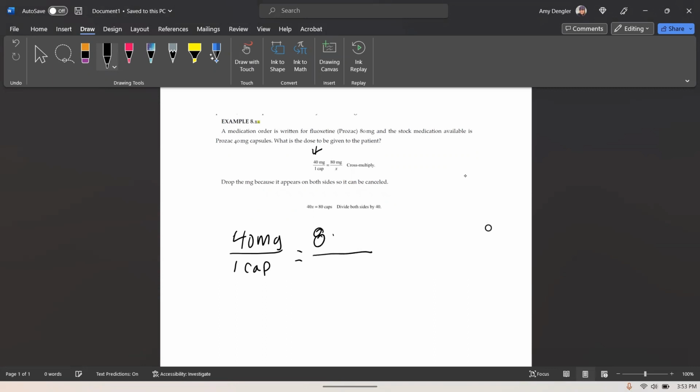We want to give the patient 80 milligrams, and we're going to make sure that our units match across. It doesn't matter if you put the 80 over X on this side or the 40 over 1 here, because they're equal to each other. So we're going to do exactly what they do and put 40x, and we get that by cross multiplying. So we have 40x is equal to